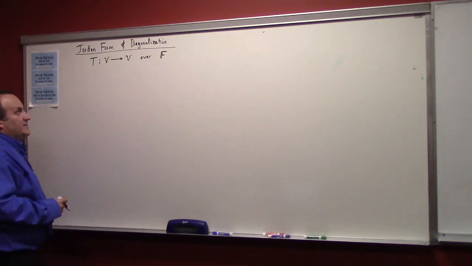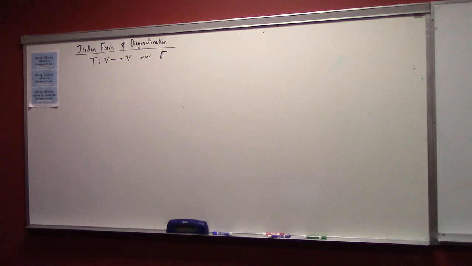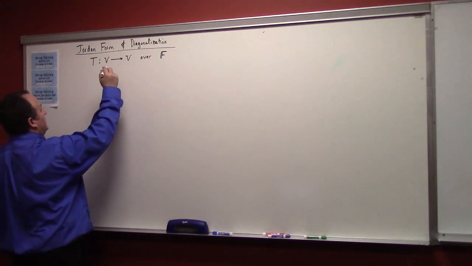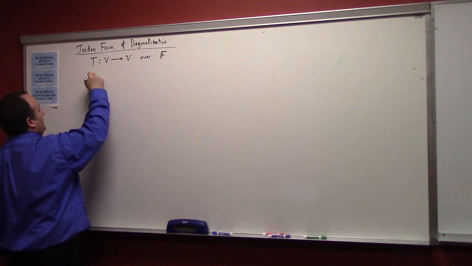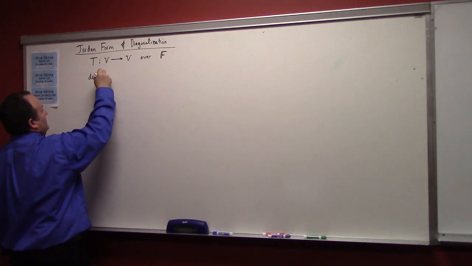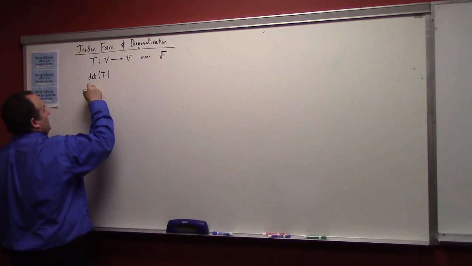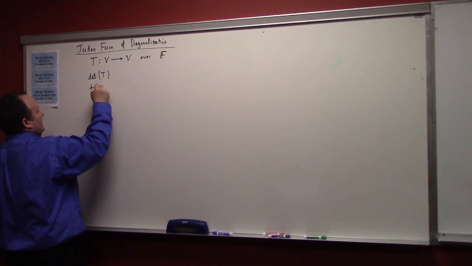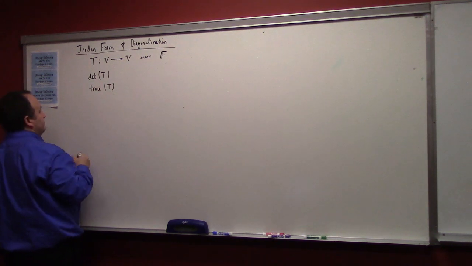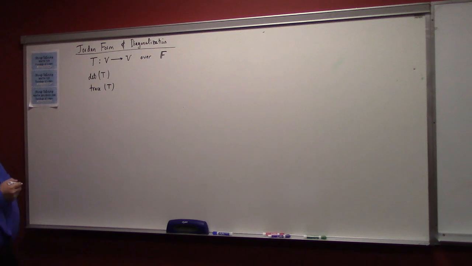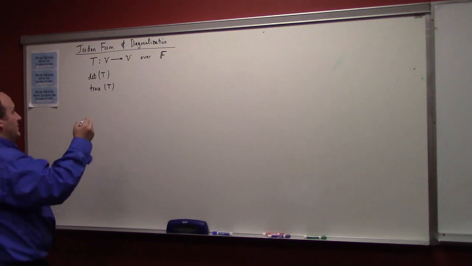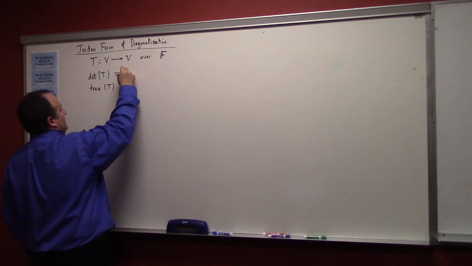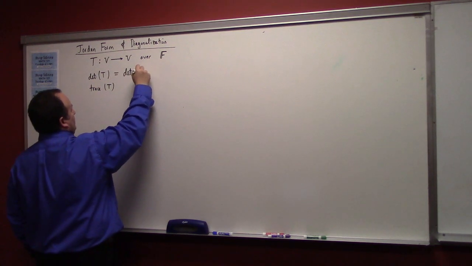One of the things I should mention before I forget is one of the results we had in the previous chapter that I didn't mention, I don't think, is that we can define the determinant of a linear transformation, right? And we can define the trace of a linear transformation, all right? And we can define both of those in terms of the matrix of the transformation with respect to some choice of basis,